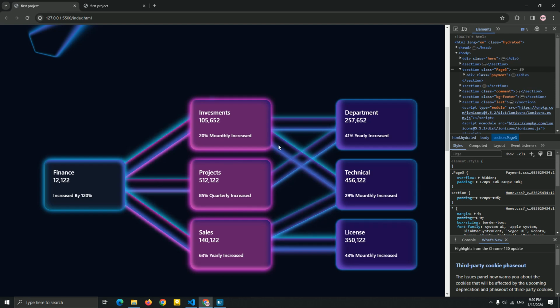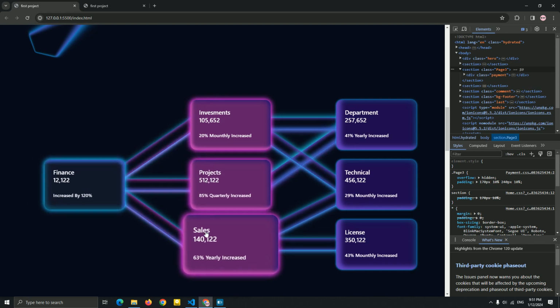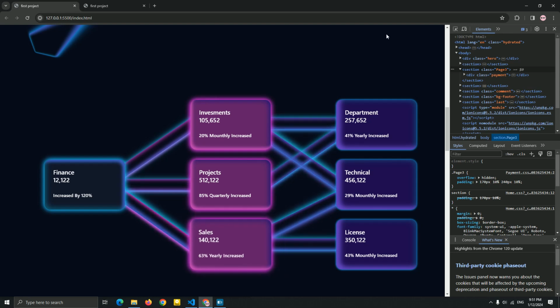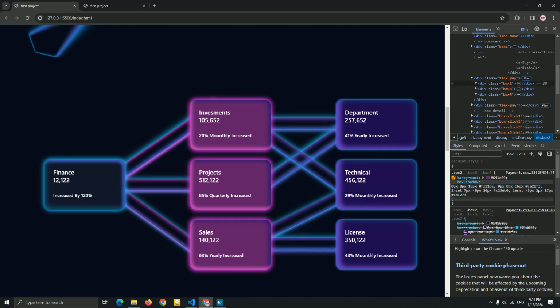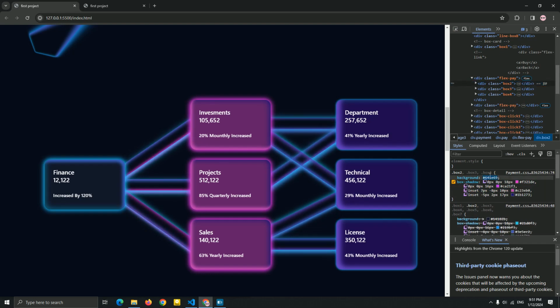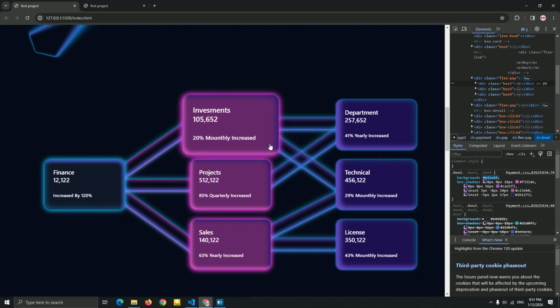So for now, let's skip it. Just continue until we finish the CSS. Then we go for the JavaScript. Then we go for the media queries of the CSS. So this is everything you need to create this page. And this is box 1, box 2, box 3. As you can see, a different box shadow, different box background. You can change it in the inspect if you want, if you don't like it for now.